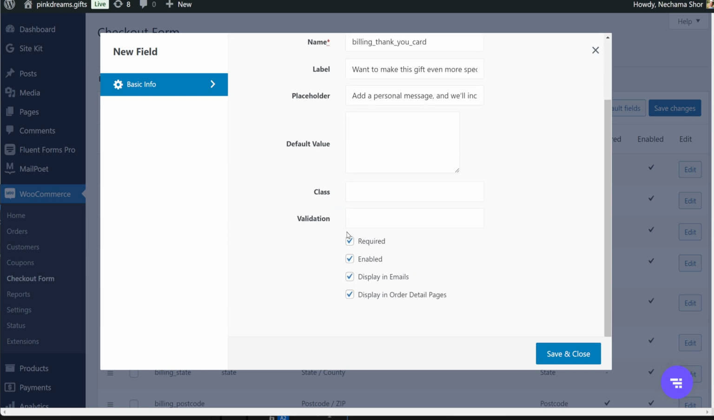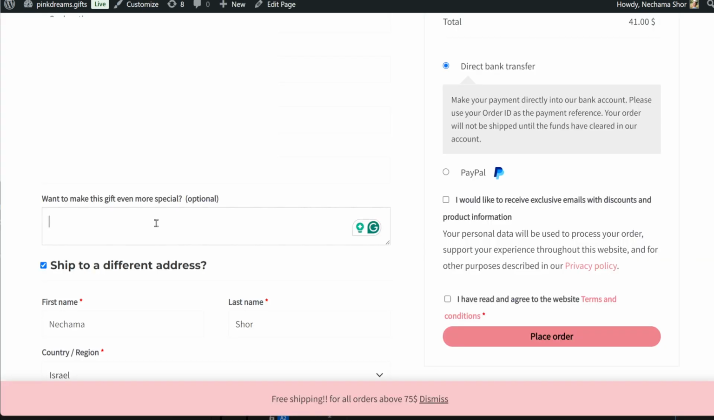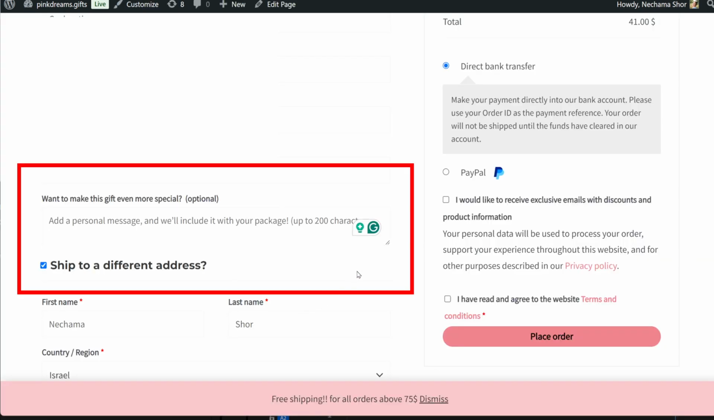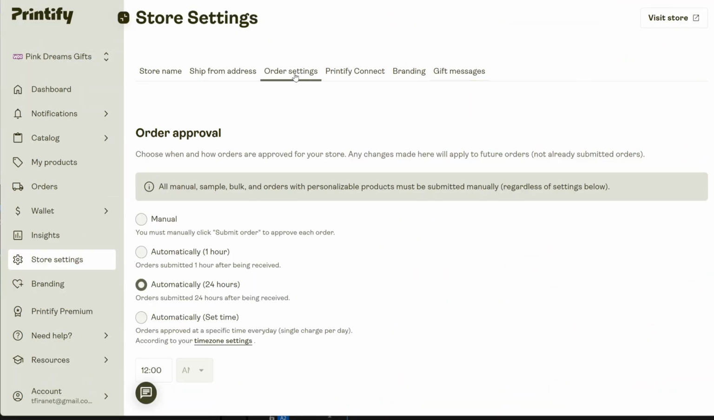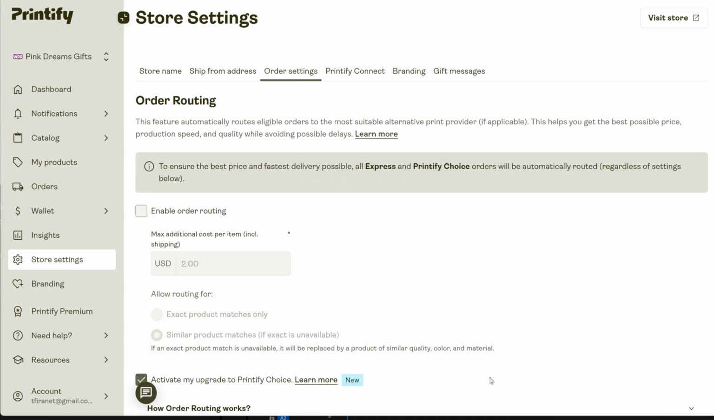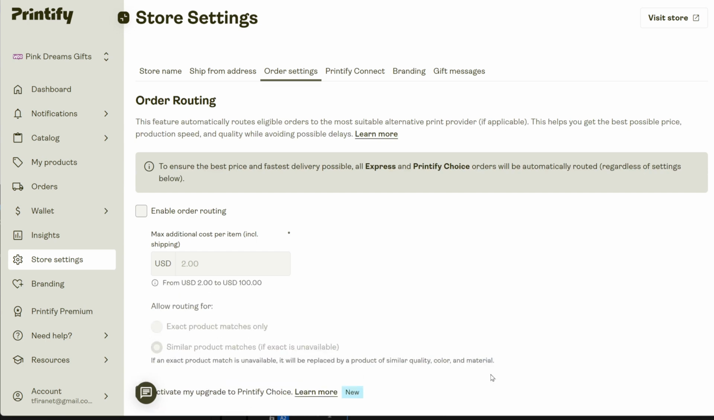Then uncheck the required checkbox and save. When someone buys from you, they can write a note at the checkout. Next, go to Printify and set orders to hold so you can manually add the message when processing the order. Unlike Etsy that will get the custom message directly to Printify, when you use WooCommerce, you need to do it